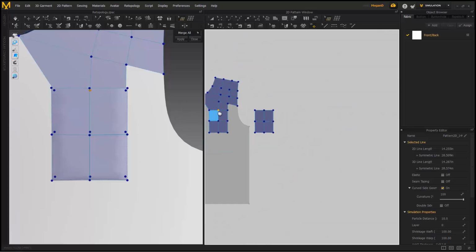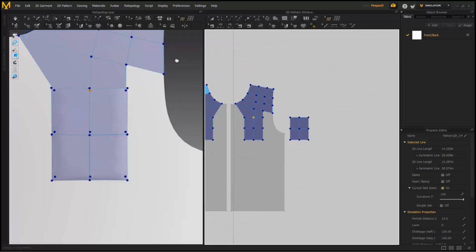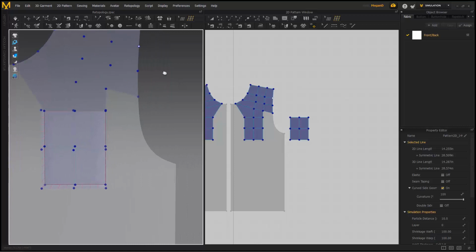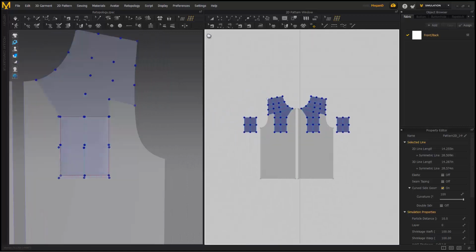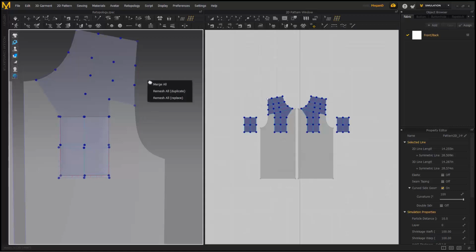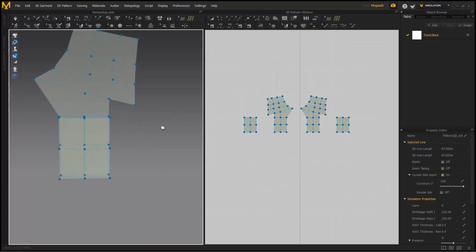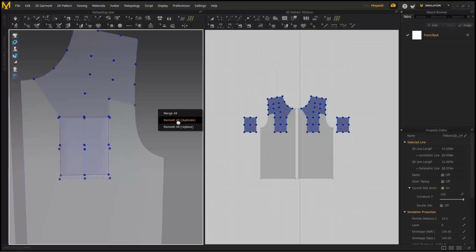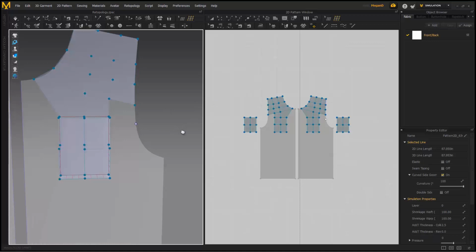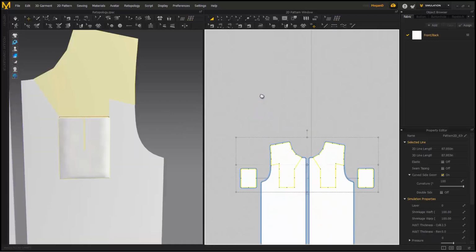Another option, I'm going to go ahead and close that, is let's just say that I'm done. This is my beautiful shirt. I can right-click, and I do have two options. I can remesh all and duplicate in the exact same space, or I can remesh all and replace it. If I replace it, it removes everything that I didn't trace, so keep that in mind. I'm going to go ahead and step back, and I can right-click, Remesh All, and Duplicate. And with duplicate, it does copy in the exact same space, so I can, if I wanted, move